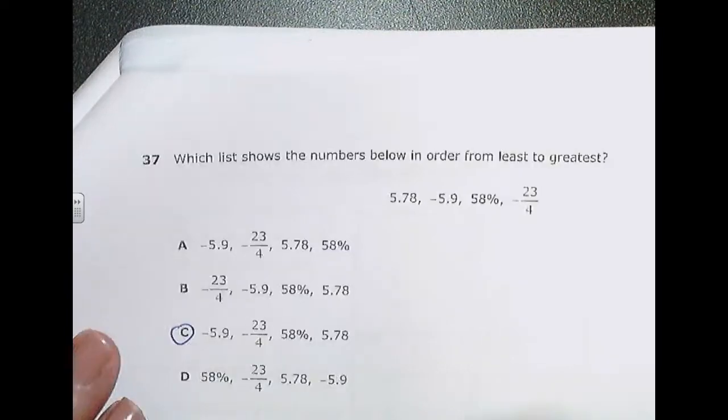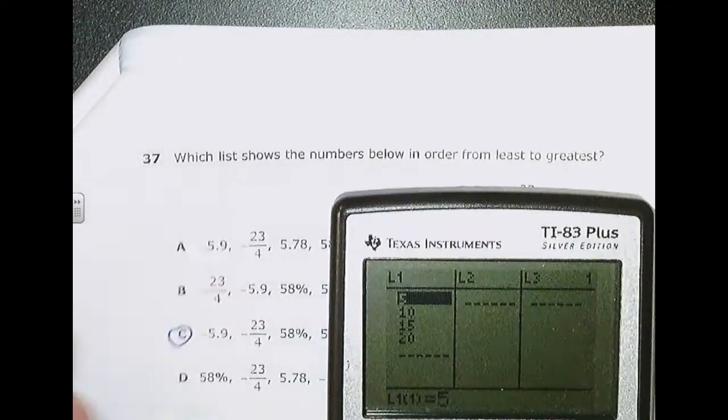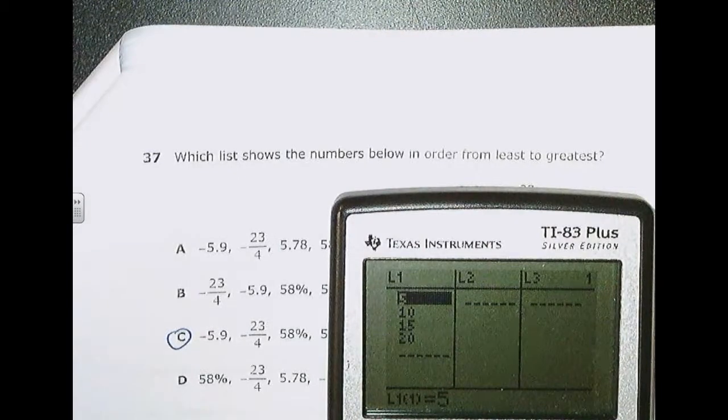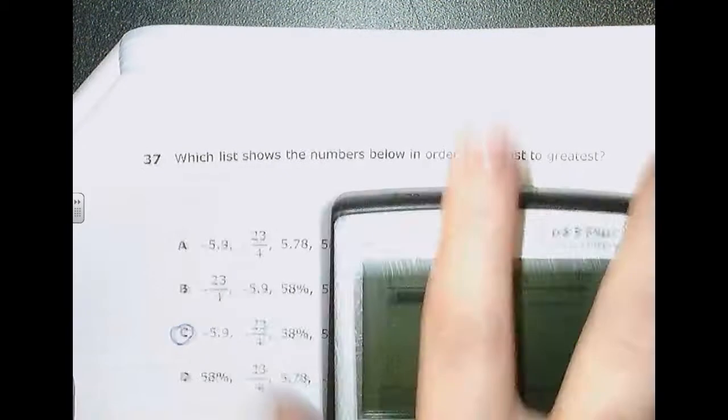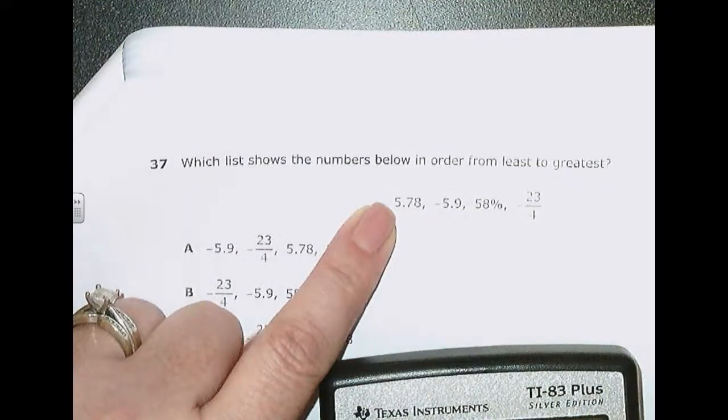Now, I'm in my calculator. I already deleted list 2, but I thought I'd review how to delete. You go to list 1 at the top, you hit the clear button, and nothing happened. Yeah, no, you're supposed to hit the enter button. Now it's gone. You need to input that data in this calculator. So in list 1, 5.78,